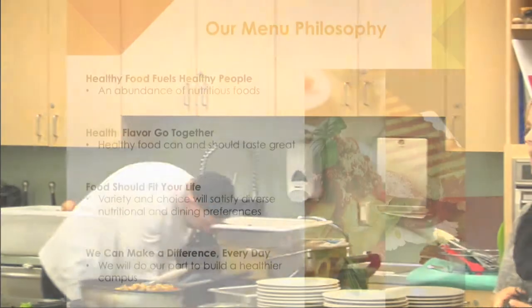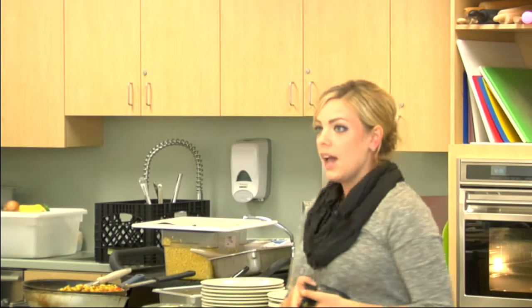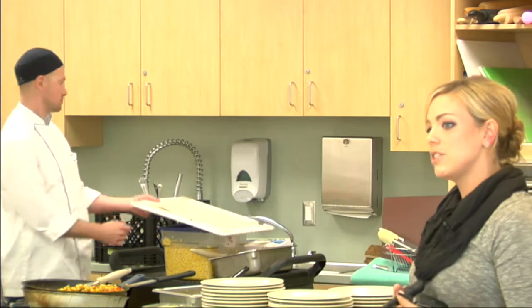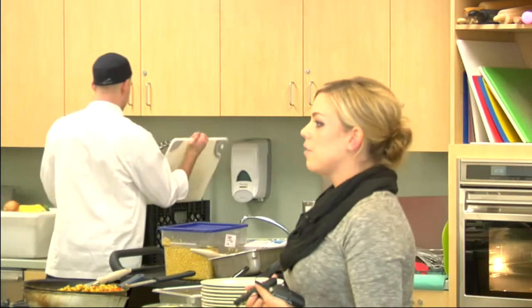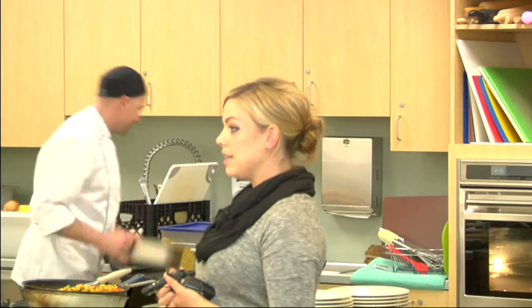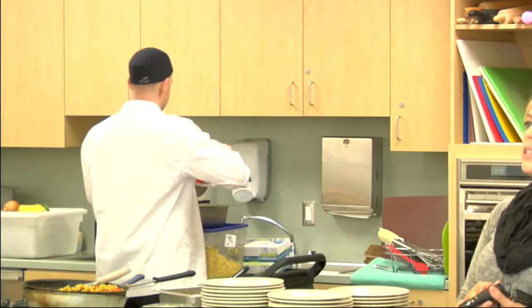Our menu philosophy is that healthy food fuels healthy people. Health and flavor go together, so healthy food can and should taste great. Food should fit your life, so we provide a variety. All 3 locations actually feature the same menu. They're on a 4-week menu rotation cycle, so the students and whoever visits our locations will not see the same thing for 4 weeks. We also like to make a difference every day,